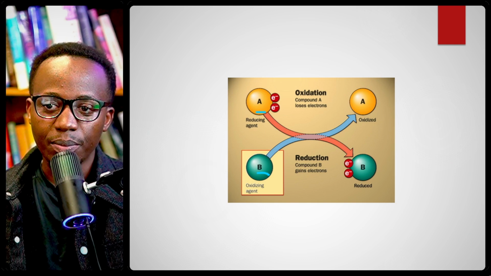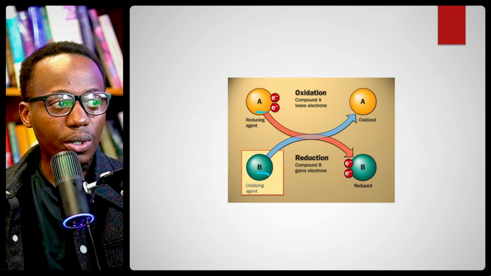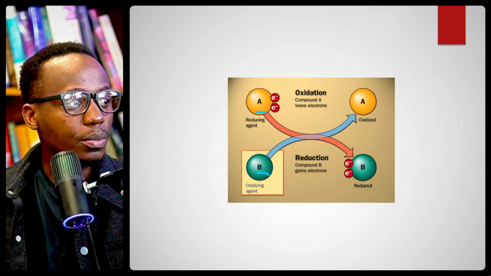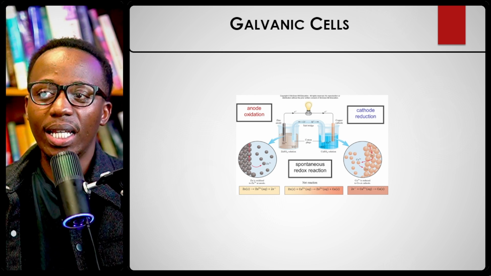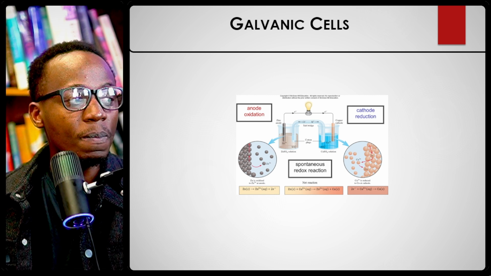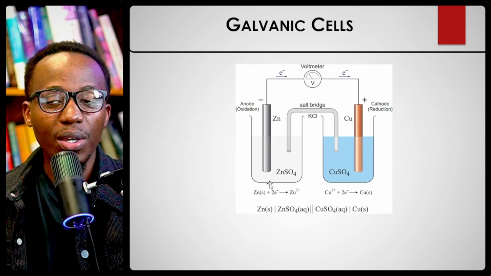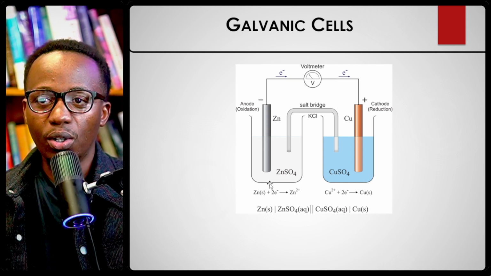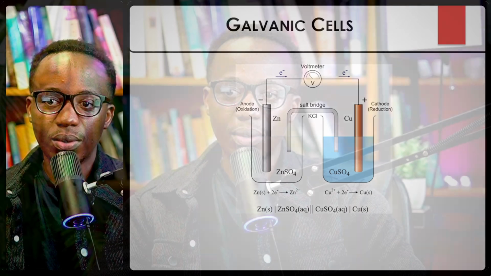What do I mean by that? If we go here, something we call a galvanic cell or an electrochemical cell, right? So these types of cells are cells where you can have these reduction and oxidation reactions. And the reason why we're doing this, guys, okay, so going back to this example that I just gave you,